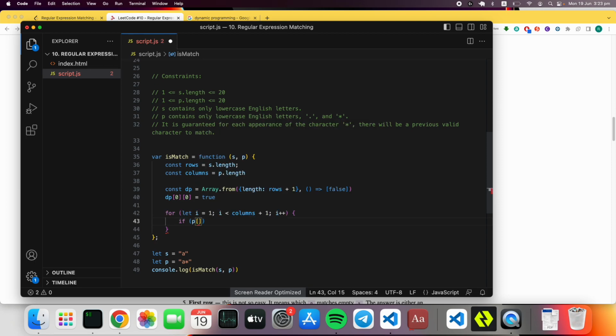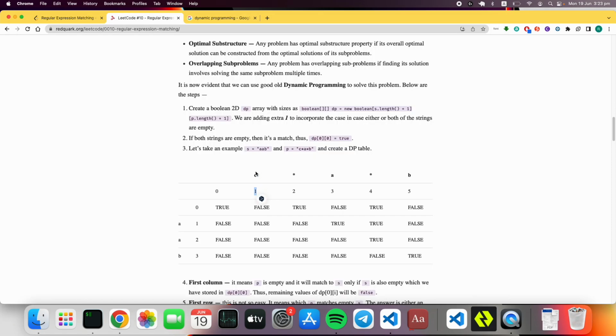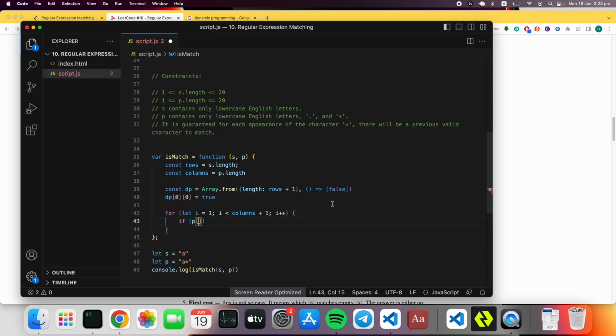The reason is that if you look here, even though this is index 0, in the table it is 1. Therefore, here we use i minus 1. So if the character at index i minus 1 of P equals star, then